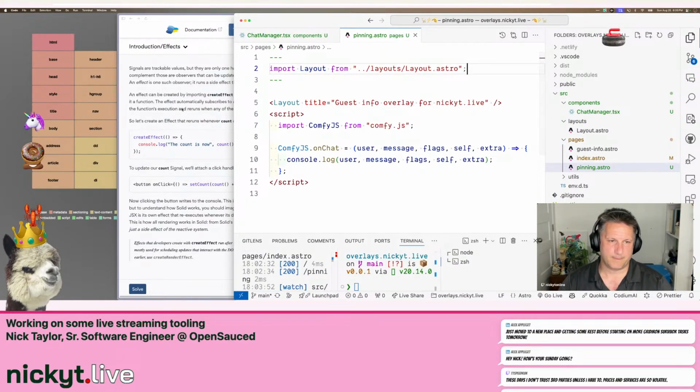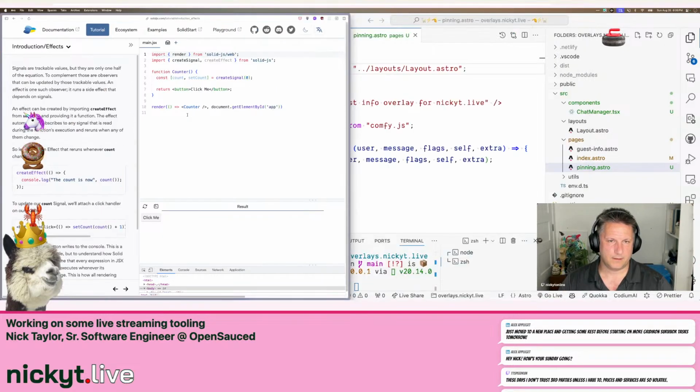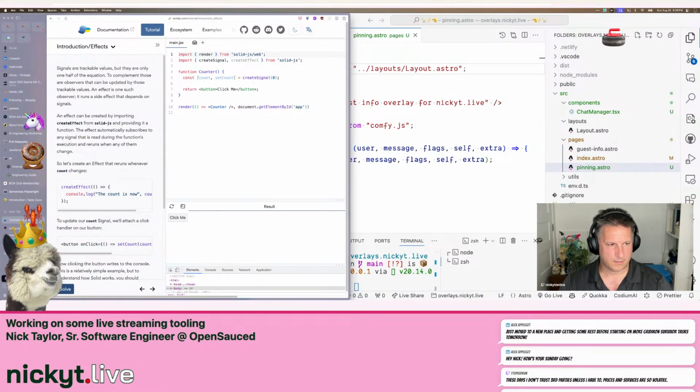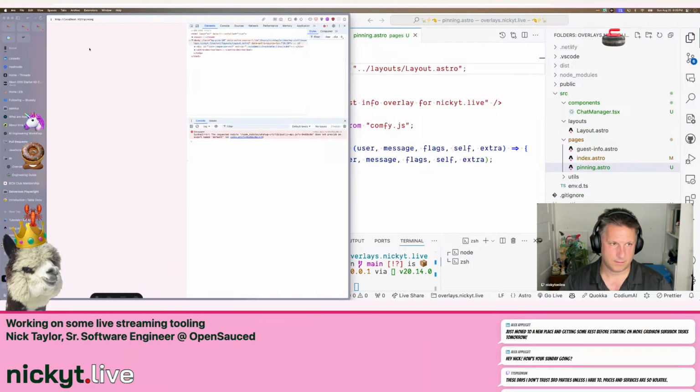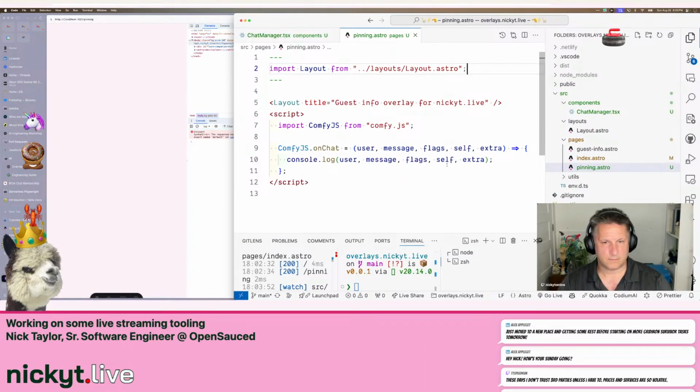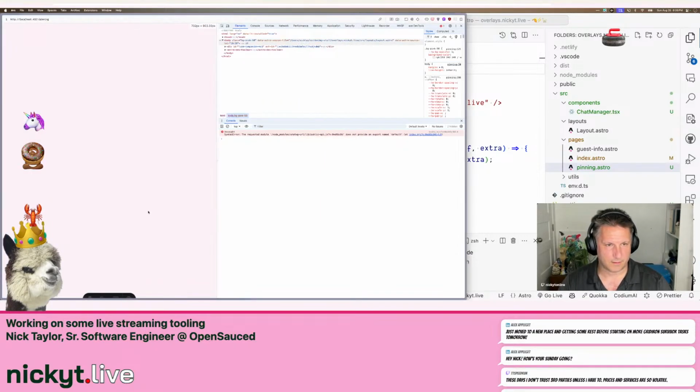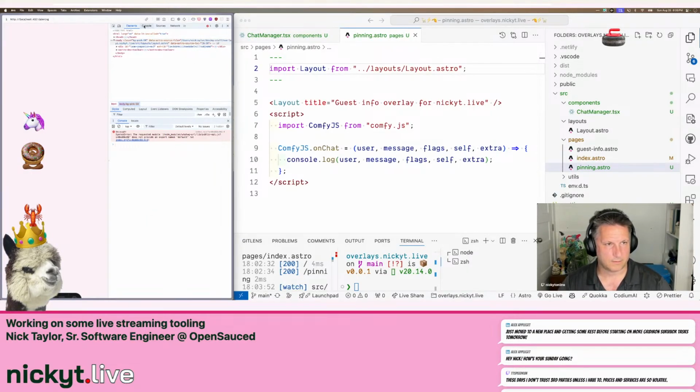Import Comfy.js from Comfy. Okay, and then let's see here, Comfy.js dot onChat, user message flags, whatever, blah blah blah. Okay, let's get rid of this. Okay, let's try this now. Let's come back here to the pinning, and I'll just try a message unless somebody's still there. But let's see here. Let's clear this